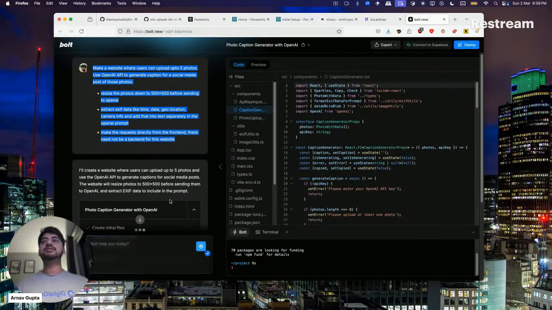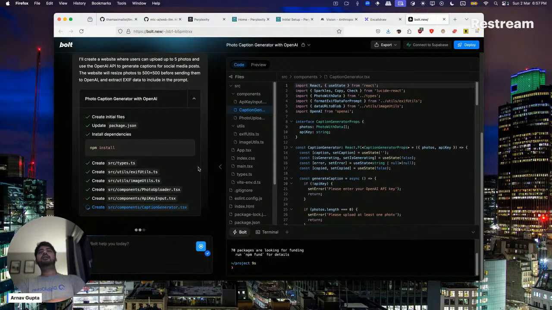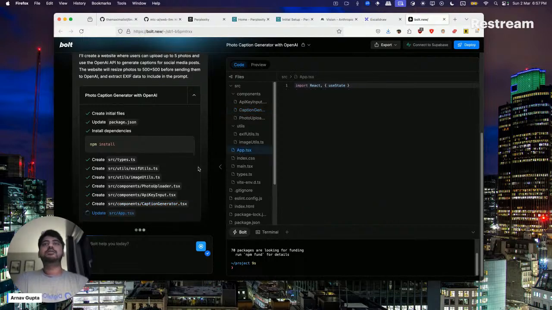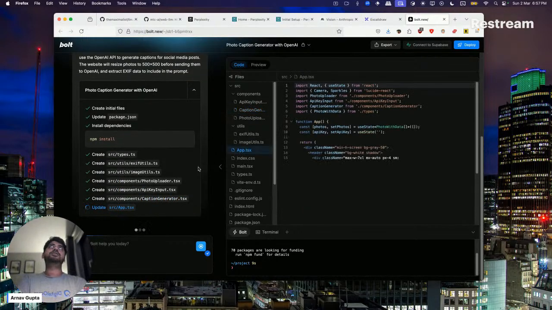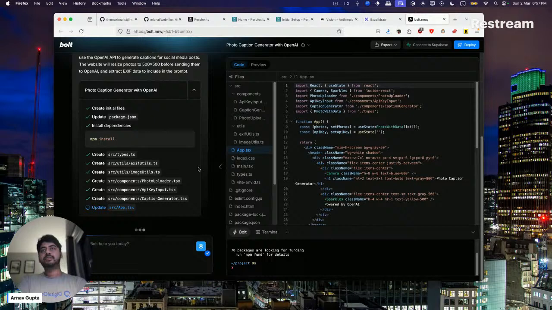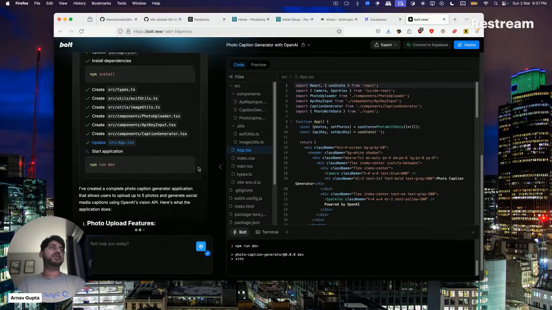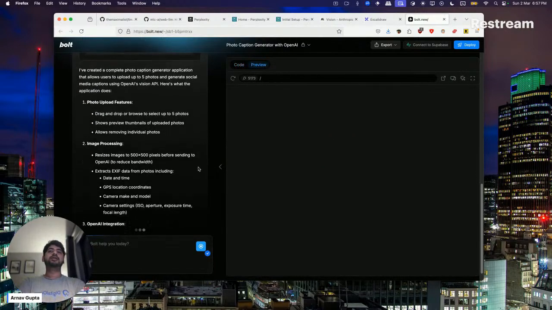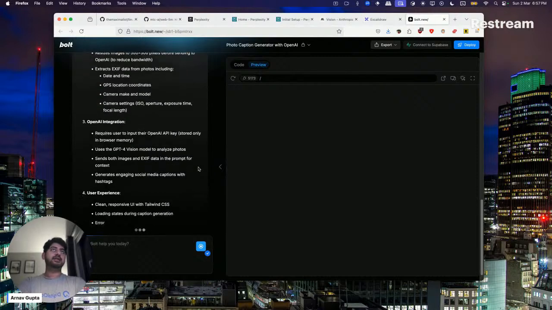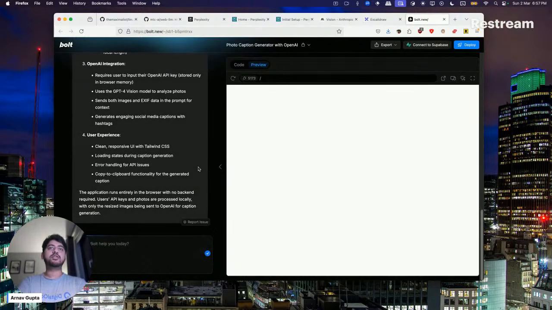Let's see, where has it gotten till here? I do like Bolt to a degree because Bolt tries not to generate a single HTML file and do all of these things. It actually tries to make a proper application with different TSX files for React components and all of that stuff. But yeah, I think this is what it has generated.